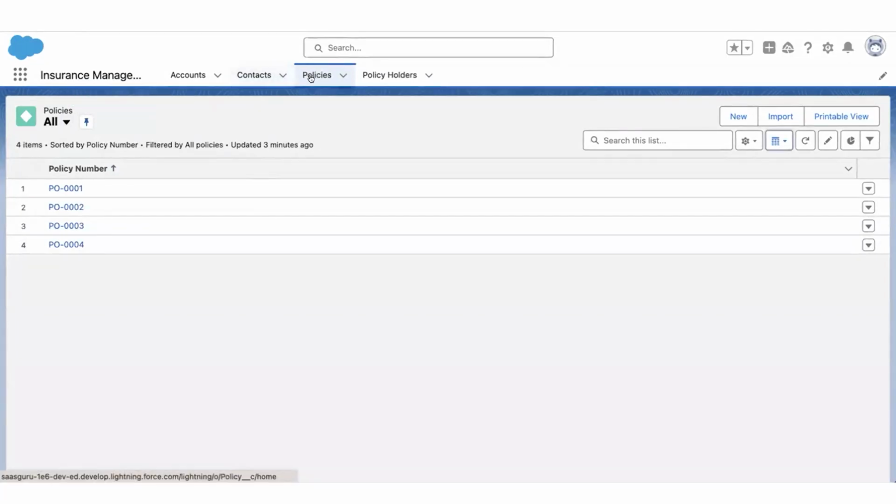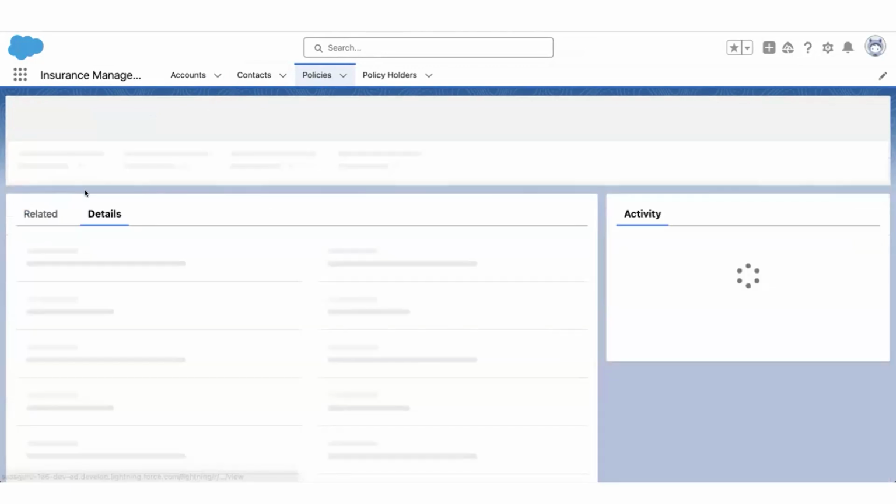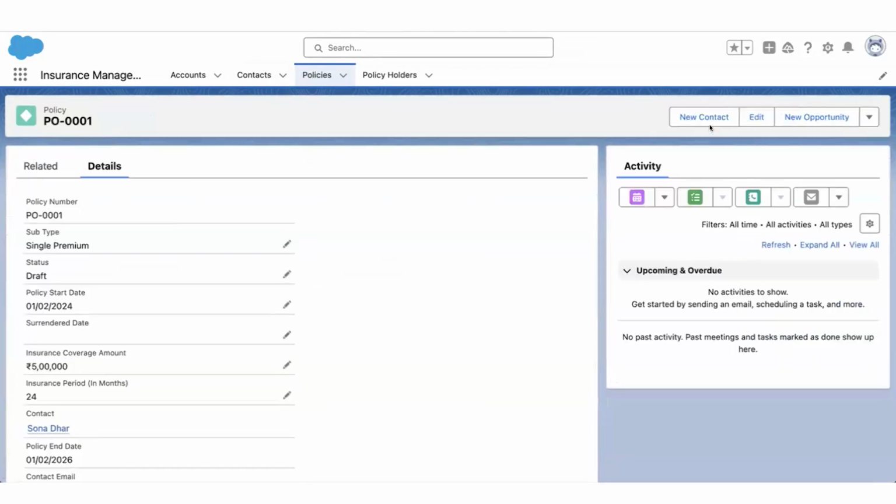The next thing that we are going to discuss is the buttons and the actions that you see. So if you navigate to any of the tabs, there are certain buttons and actions available, new, import, and then when you click on the record, there are different buttons and actions. For example, you can create a new contact, you can edit this, you can create a new opportunity, and so forth. So let's try to understand what is a button, what is an action, where do we use